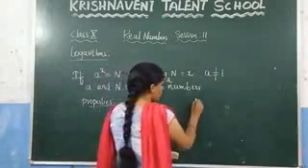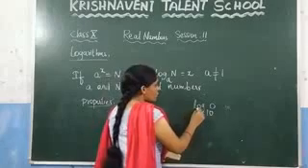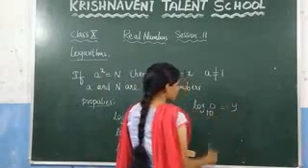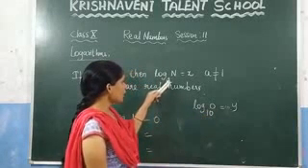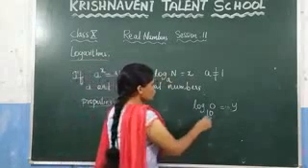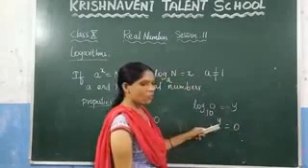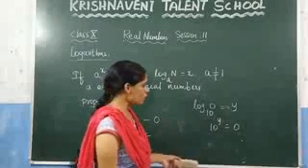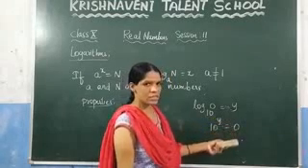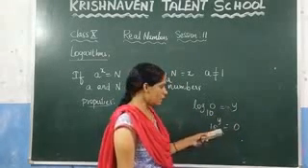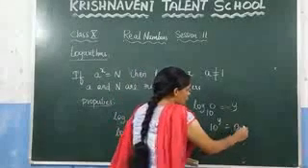To find the value of log 0, consider the base 10. By changing the bases, we are going to find the value of log 0 to the base 10. You don't know that value, so consider it as y. Now express this in the form of exponents: a power x is equal to n, so you can write 10 power y is equal to 0. Can we find the value of y here? We cannot, because if you put any value here, you will not get the answer 0. 10 power 1 is 10, 10 power 0 is 1, and 10 power minus 1 is 1 by 10. If you take any y value, you will not get 0.